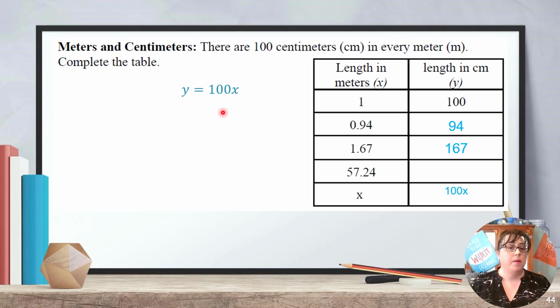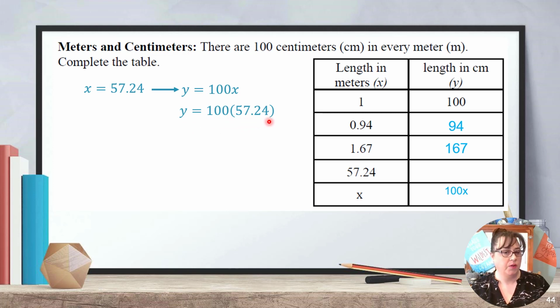So now I have my equation, y equals 100x, and I know I can use that to find anything that I need if I have the meters to change it into centimeters. So now I have 57 and 24 hundredths. And what I'm going to do is change my x, 57 and 24 hundredths, into my centimeters y using substitution. So y equals 100x, I'm going to substitute that in. So y equals 100 times 57 and 24 hundredths. And so now my y is equal to